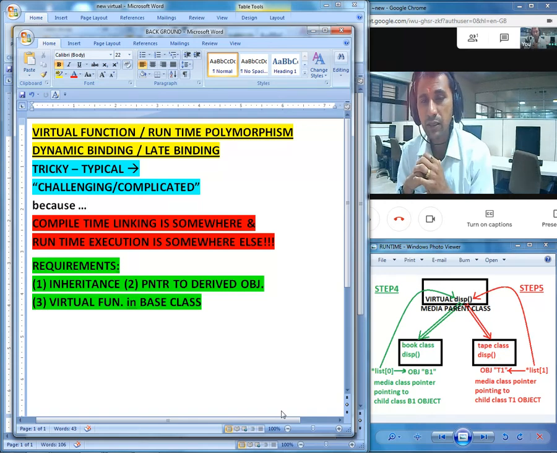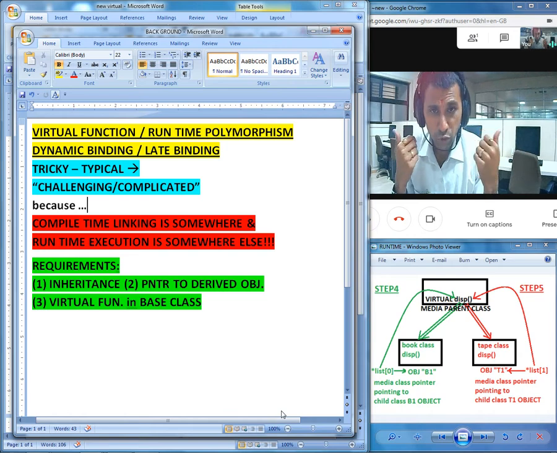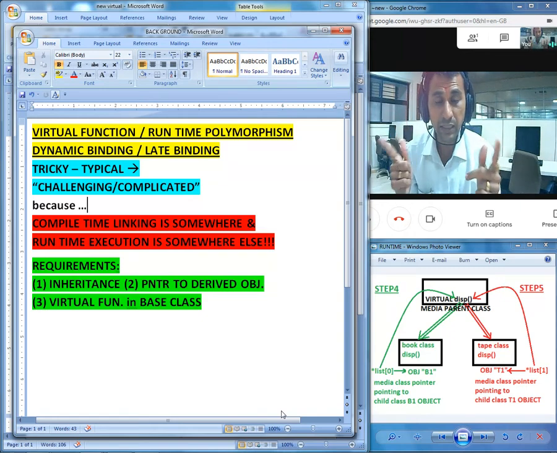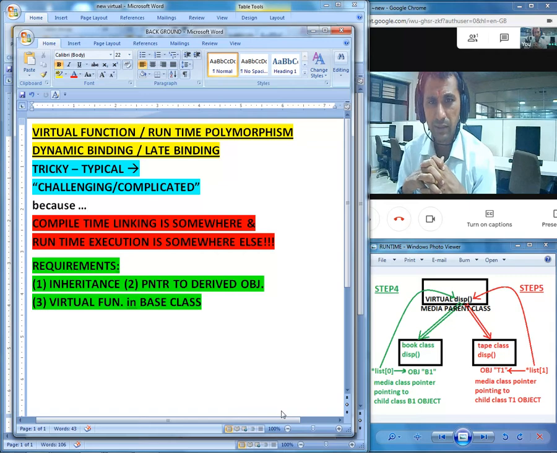All right, so apart from everything, let me give you the total assurance, the guarantee, that after this simplification, after this explanation, you will be definitely very comfortable with the concept of runtime polymorphism and virtual function, because we are going to start with the very background and very details that you need.